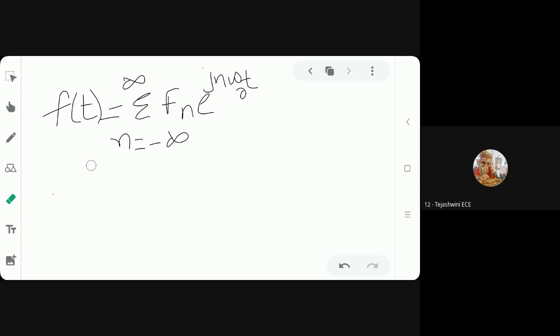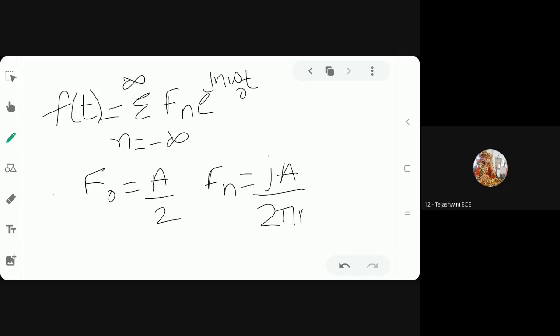Okay, here f naught equal to, what is the expression? F naught equal to A by 2. Fn equal to Ja by 2 pi n, F minus n equal to minus Ja by 2 pi n. Right? So therefore now what is f of t equal to A by 2 plus what is